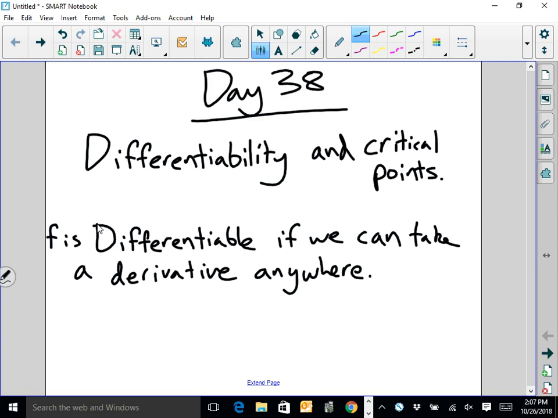Most things that we look at over the years in math, almost everything has been differentiable, just like almost everything has been continuous that we've looked at. But when you start to get into pre-calculus, and some of the stuff in Algebra 2 and even in Algebra 1 sometimes, we started to break continuity or break differentiability. These two topics tie together. So here's what we need to know. This is going to come in super handy.